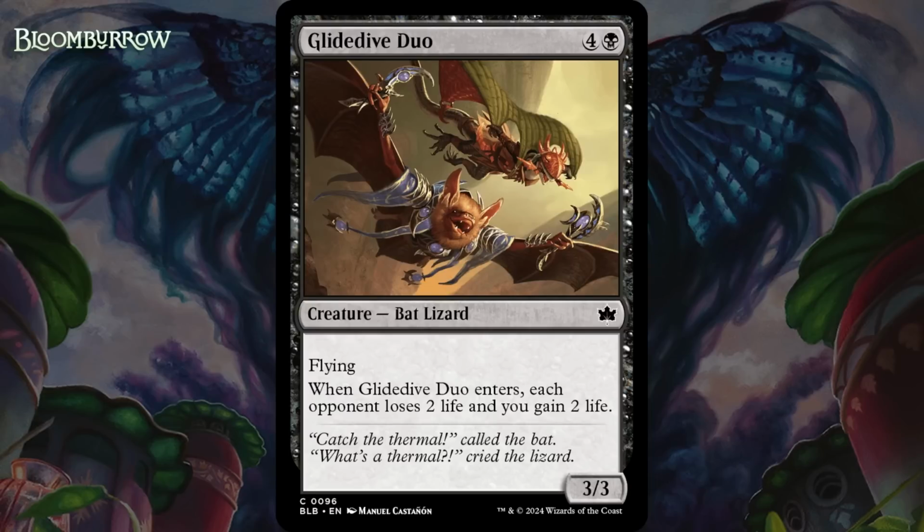A common, it's got flying. When it enters, each opponent loses 2 life and you gain 2 life. Life drain always plays fairly well in Limited, so adding a real flying body to the board and making a gap of 4 life between you and your opponent is definitely worth 5 mana, especially because, like the other duos,